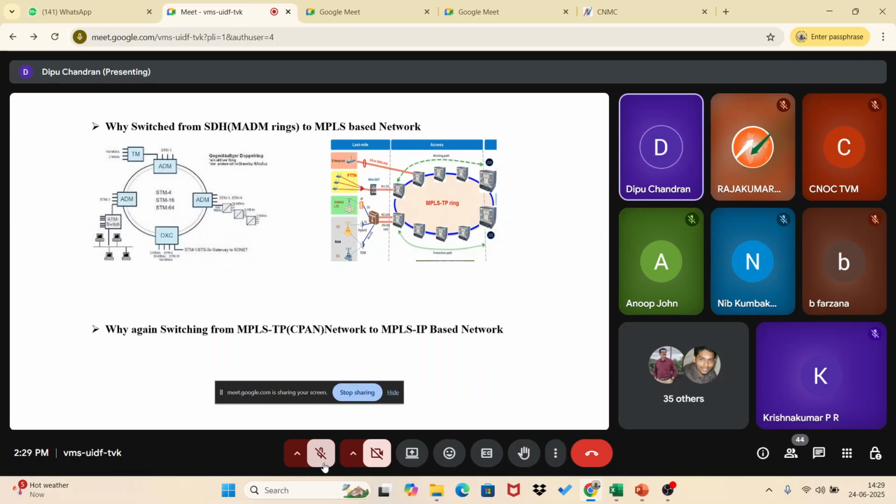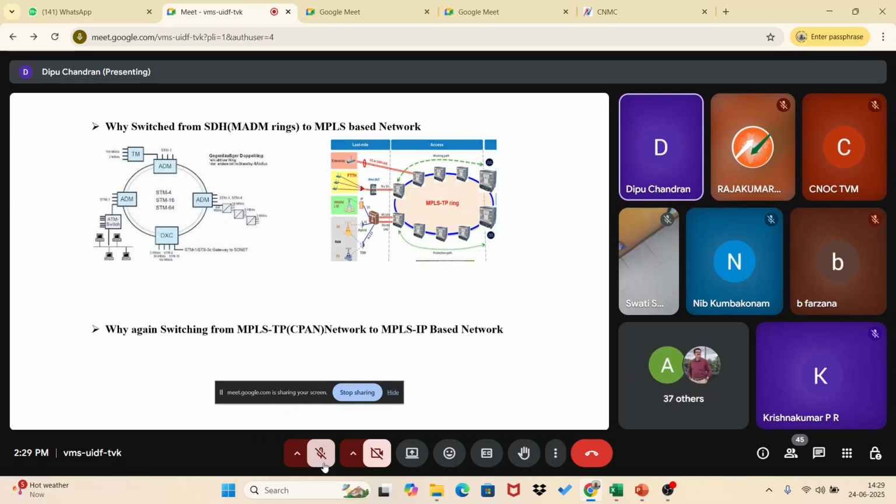And as the technology grew, the requirement also came from L2. Earlier we knew the customer wanted 2 Mbps. That may be PRI or Ethernet, internet, or whatever they were asking for, at 2 Mbps or 4 Mbps level. So later it changed to L2 Ethernet. They were giving us something, and maybe they wanted some 100 Mbps circuits.